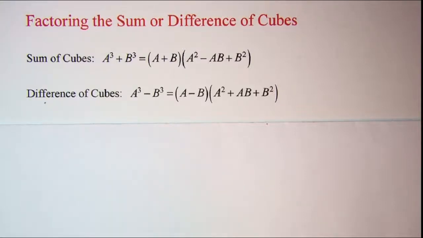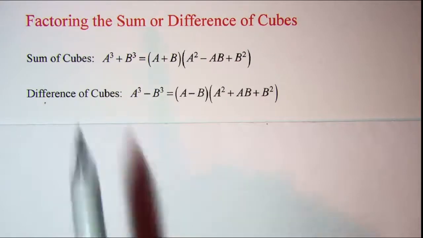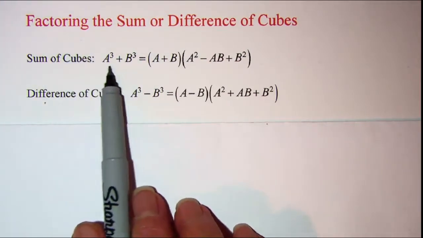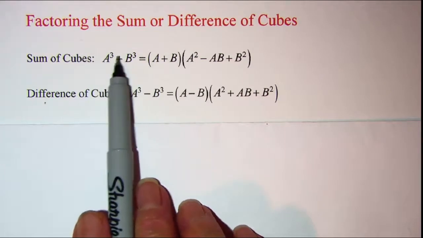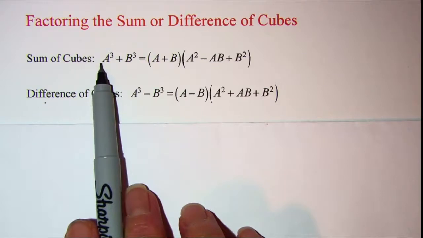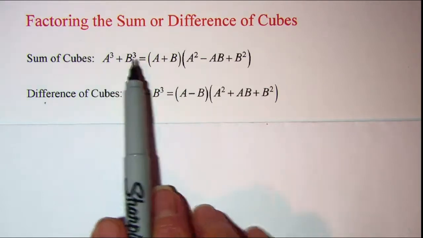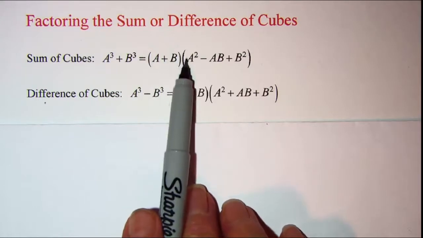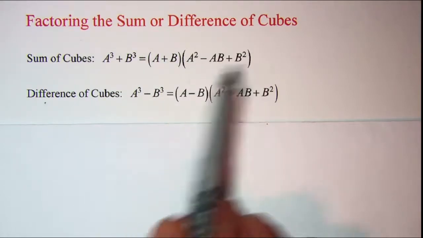In this video, we'll be factoring the sum or difference of cubes. Now, the rule for factoring the sum of cubes is if you have addition and then two numbers which are cubes, you can factor. First of all, you'll have a binomial multiplied by a trinomial, and this will happen in